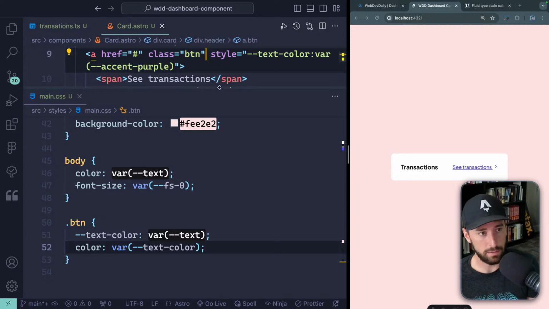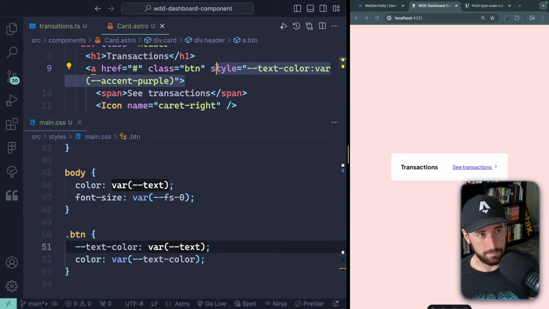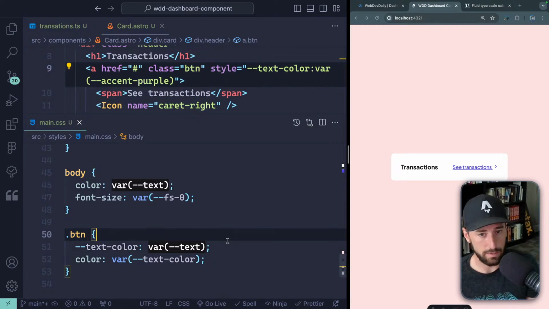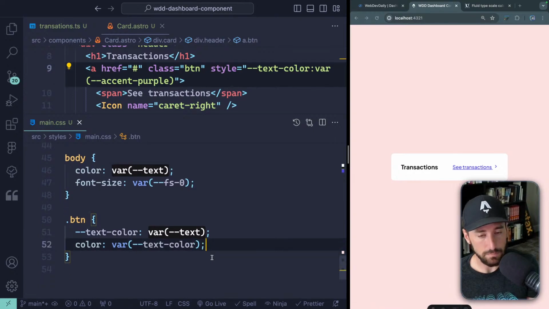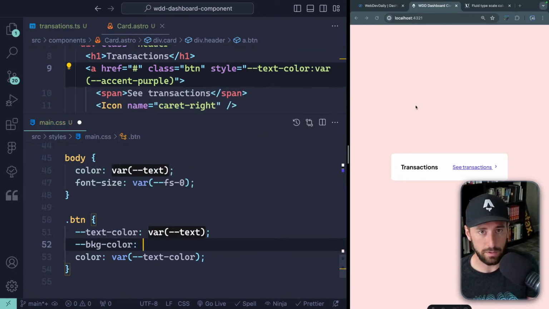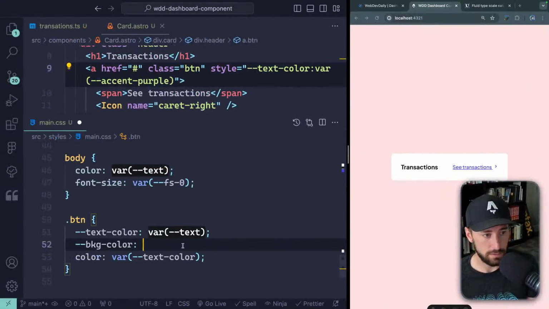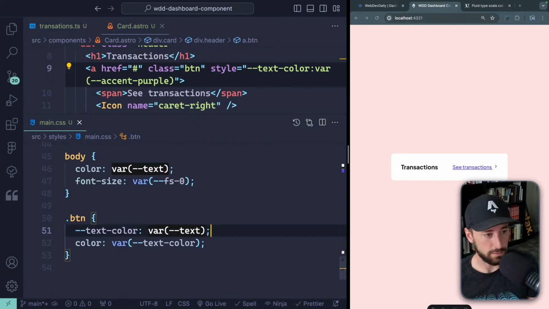You may not like that. You can also do it with data tags or other things like that, but that way I know this is a purple one. You could also just have a button purple, but then you have to have them for each of them. I don't know. Right now, that's fine. That'll work. Okay, so we're going to use the text color. I guess I could also have a background color, which I probably won't use here. Do I even have any buttons in this entire thing? No. Is this a needless component I'm setting up right now then? Probably. So let's leave it alone and just